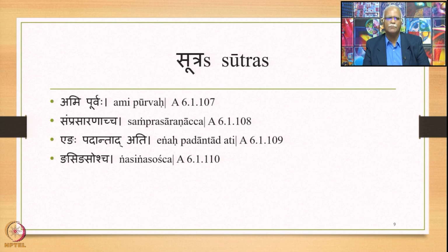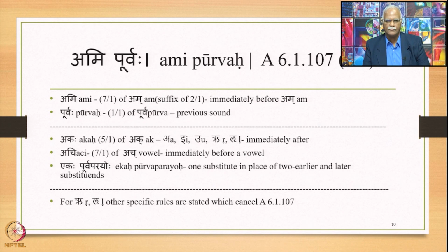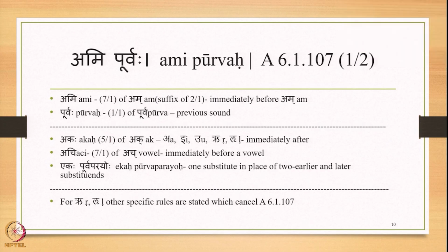The first one is Ami Purvaha 6.1.107. The second one is Samprasaranachcha 6.1.108. The third one is Engaha Padantat Ati 6.1.109. And finally Nasingasoscha 6.1.110. These are the 4 sutras that we shall be studying in detail in today's lecture. First, let us study Ami Purvaha